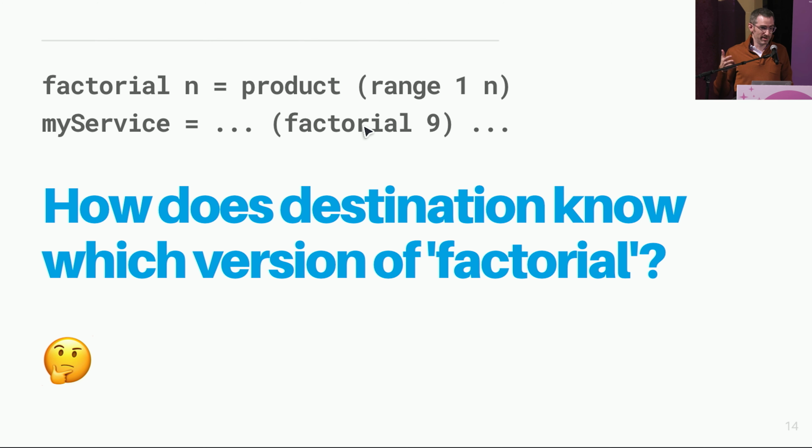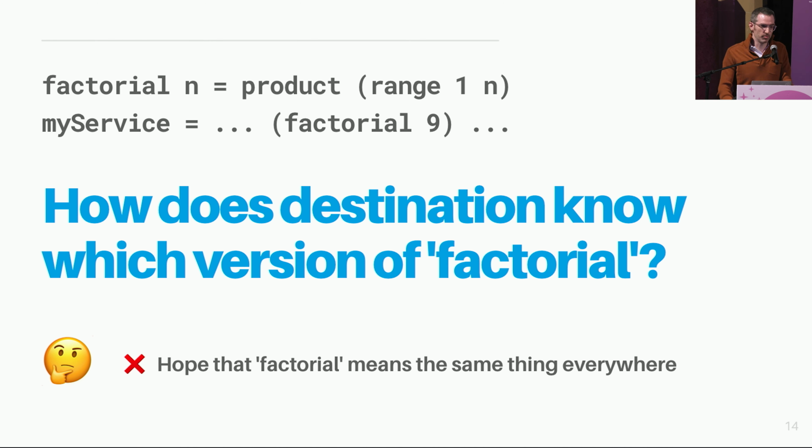One thought that comes to mind is, oh, well, let's just try sending the name factorial and just kind of hope for the best. And this doesn't work because this is basically assuming that the name factorial is going to always mean the same thing everywhere. Any destination you're deploying to may have a conflicting idea of what factorial should mean. And that just kind of doesn't work.